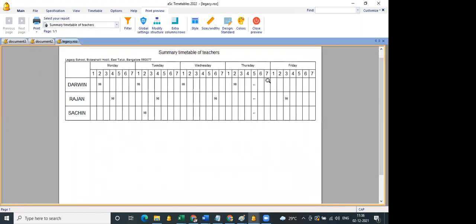So on Thursday 7th period, you can see it is blocked for the 7th period, so they will not be having classes in the 7th period.